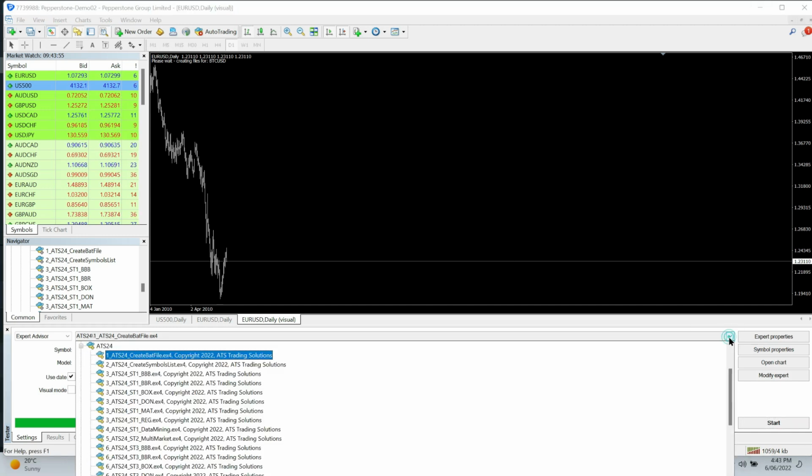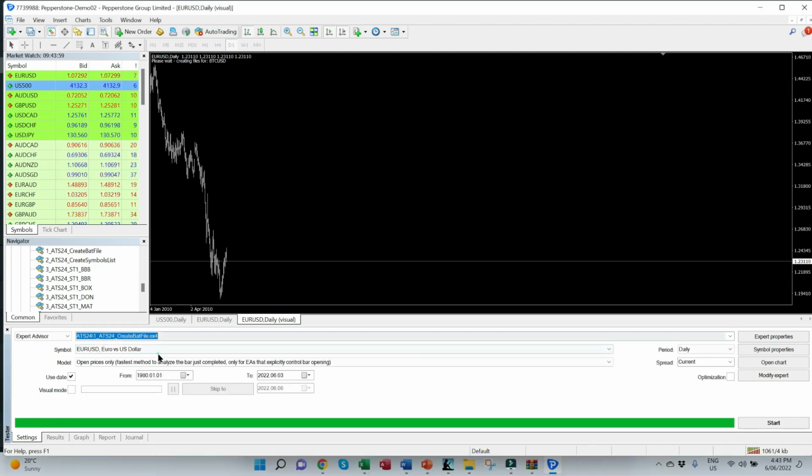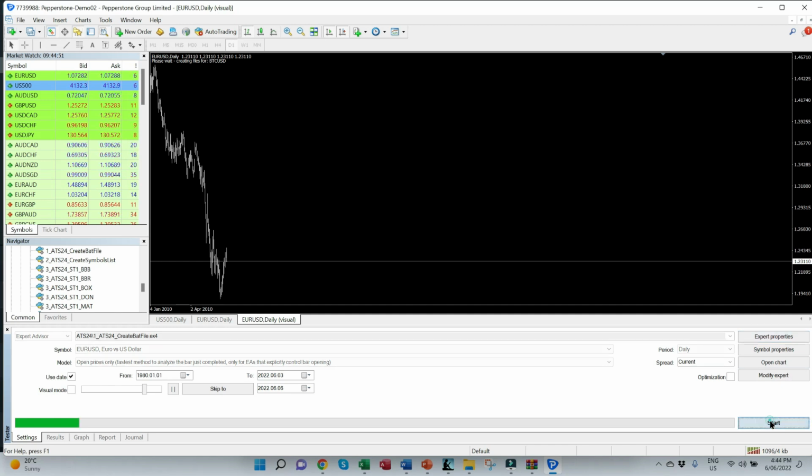To do that, I select the first algorithm again, the create bat file algorithm. So the first stage of this workflow process is to generate the bat files that are going to run the symbol generation process. So let's do that by pressing start. So that's it. It's a very quick process and it's now generated bat files